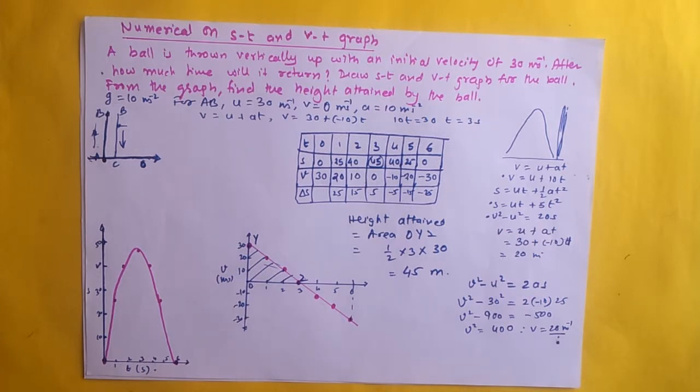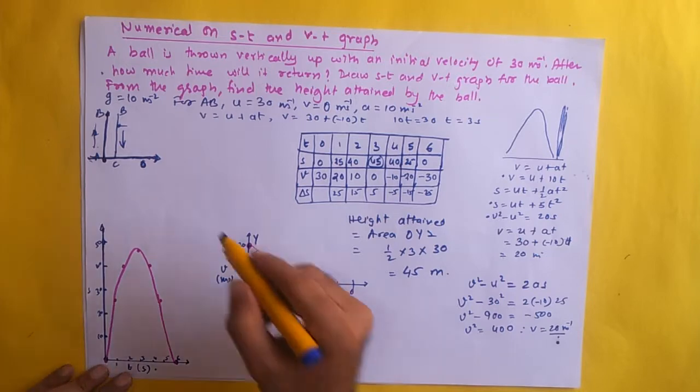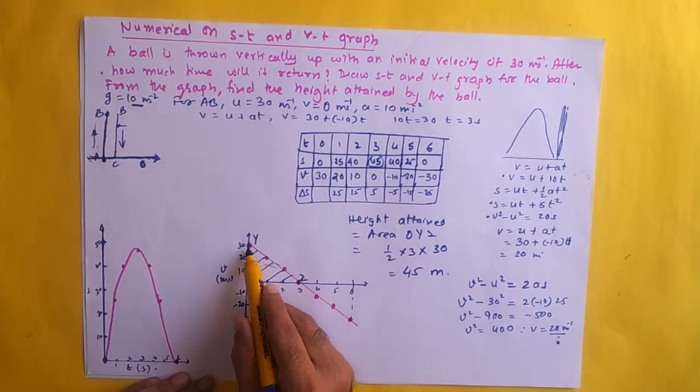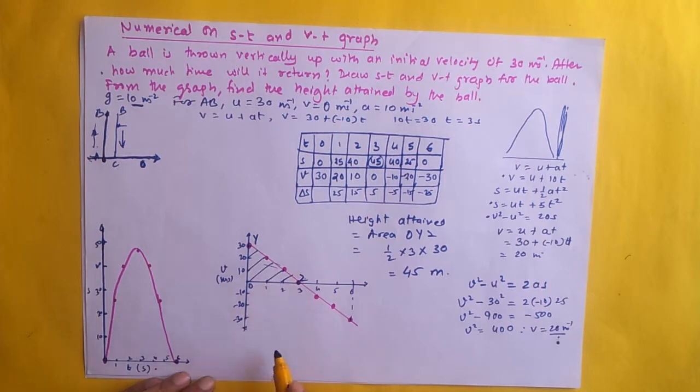So this is how we can plot ST graphs and VT graphs using the data given. Supposing we were asked to find out the slope of the graph or acceleration of the graph, which we already know is 10 meters per second square, but if we are asked to find that from the graph or reconfirm it from the graph, what we can do is find out the slope of the graph, right? And the slope of the graph in this case is